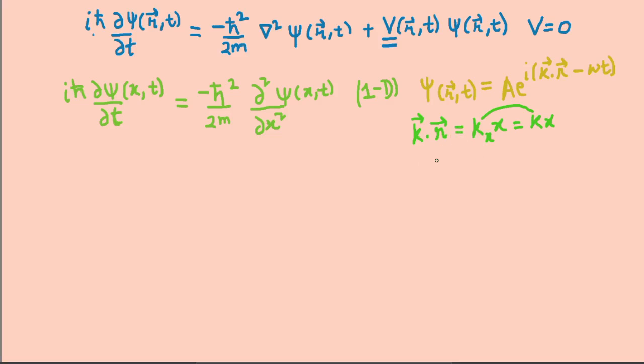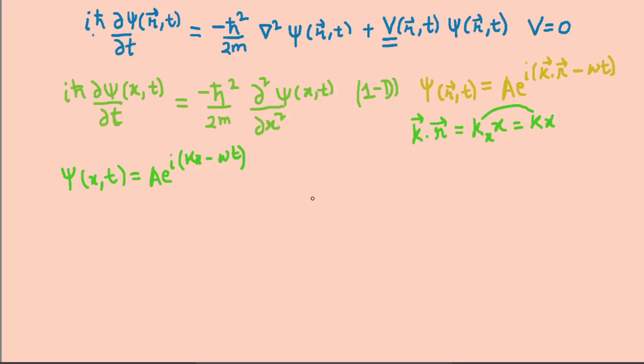So our equation in one dimension becomes psi x, t, position x and time t, equals A e to the power i (kx minus omega t). This is our equation,